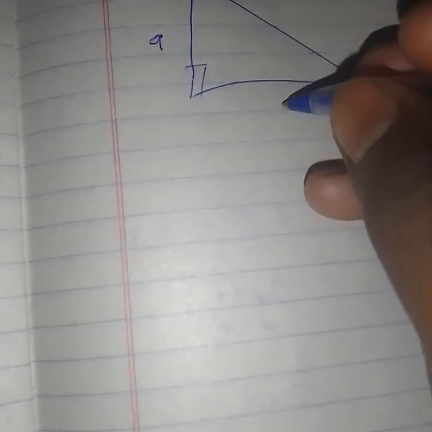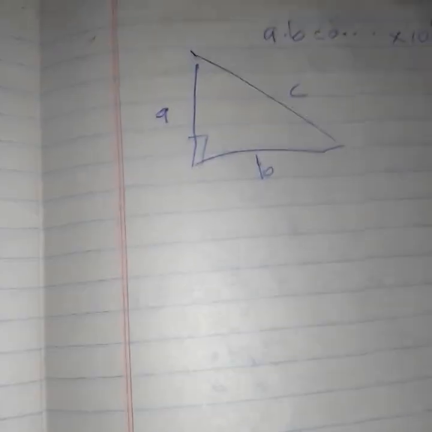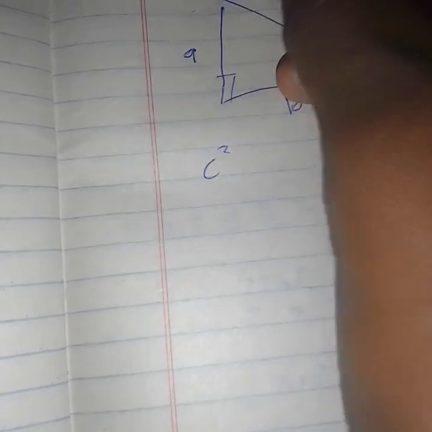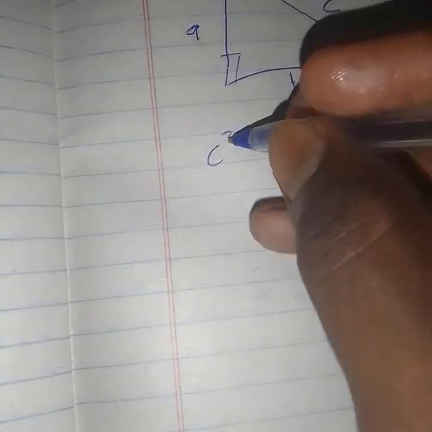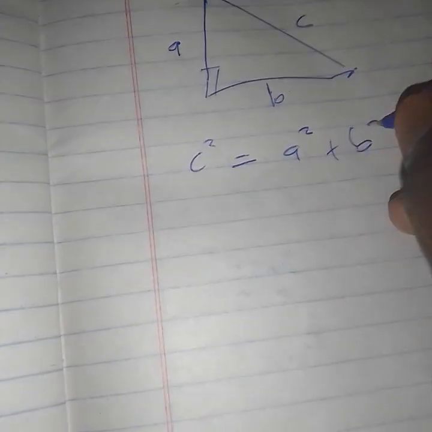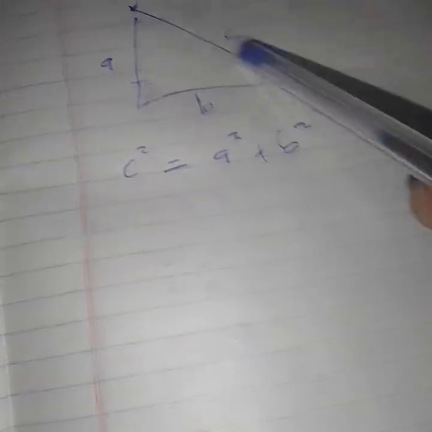Then let's go to this. When we have a right angle triangle like this one, this is our right angle here. Let's call the opposite A, then call the adjacent B and call the hypotenuse C. According to Pythagoras, the square of C, that's the magnitude of this length from here to here, is equal to the sum of the square of B and the square of A. Are you following? So with this one, when one part is missing, we can use this